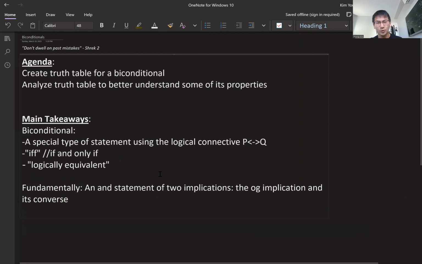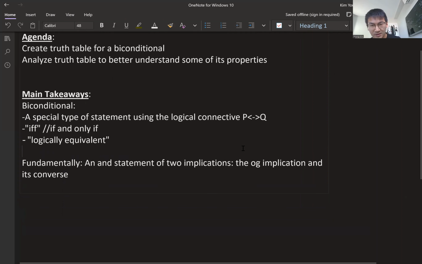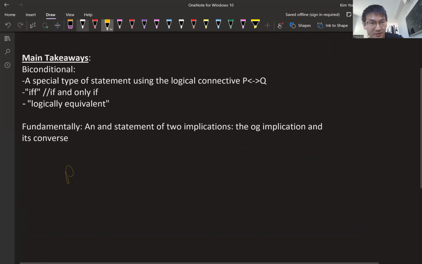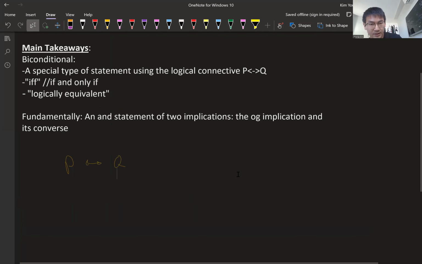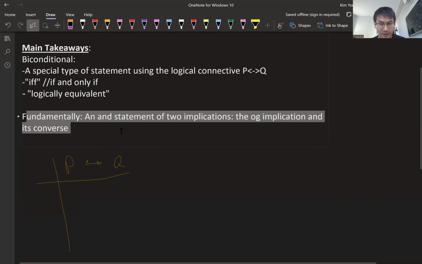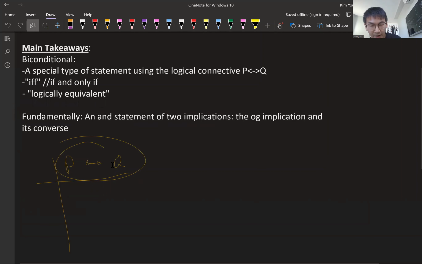In high school, sometimes when they give the statement P if and only if Q, they won't really talk about this piece. But more fundamentally, this biconditional P if and only if Q is technically an AND statement of two